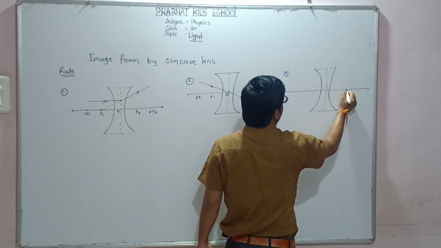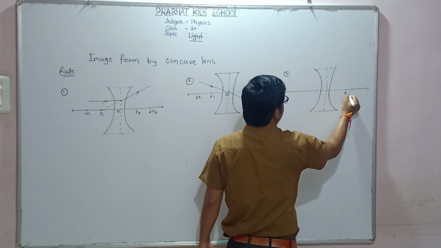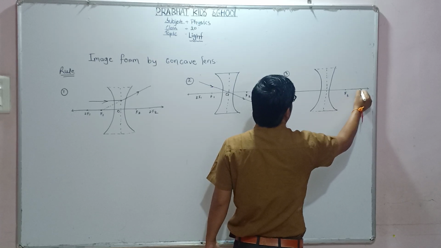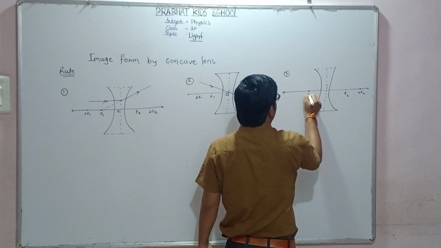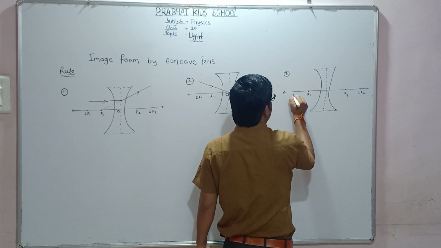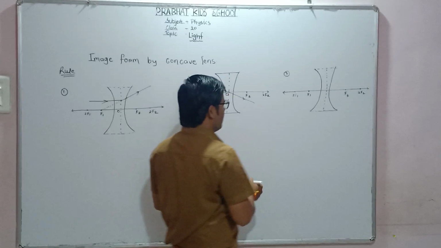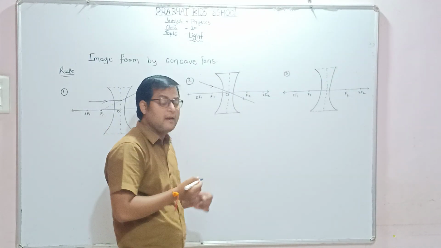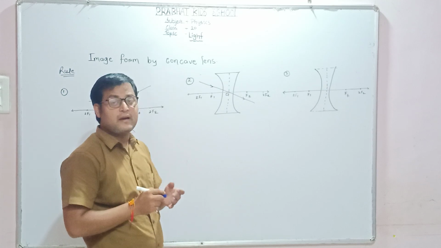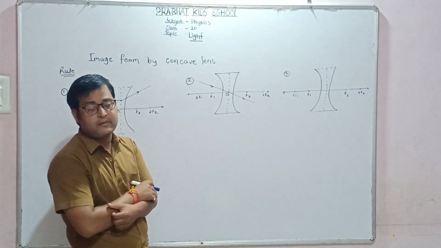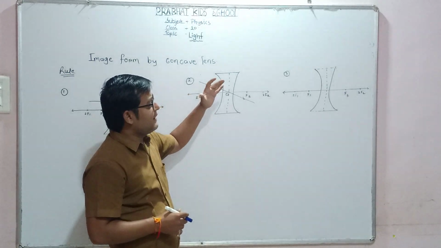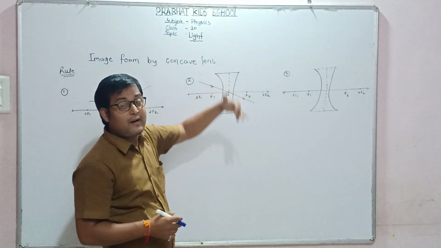This is f1, f2, this is 2f2, this is f1, this is 2f1. So what will be rule number 3? Let's recall rule number 3 in the case of the convex lens, which we have seen in the earlier module. Any ray which is moving towards the focus,